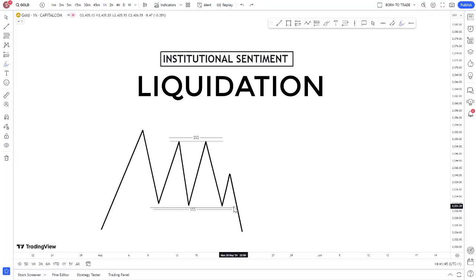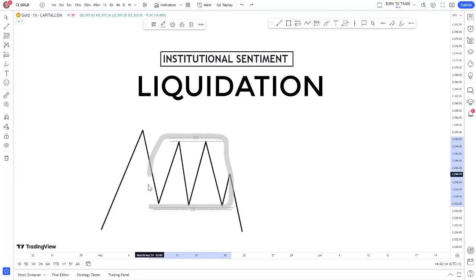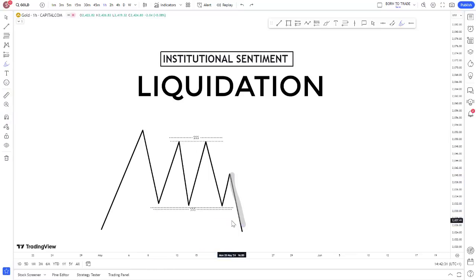making sure that the liquidity at this low has been taken. So this is what we call the liquidation phase, and a lot of people actually call this the manipulation phase in the markets. The moment you understand, okay, this is an accumulation phase, and once there is an accumulation, we're going to expect a manipulation. This is going to help you avoid trading inside the range or during an accumulation phase. You will only try to approach the market after you must have seen price taking liquidity at lows and highs. Okay, you only approach the market after the manipulation phase.